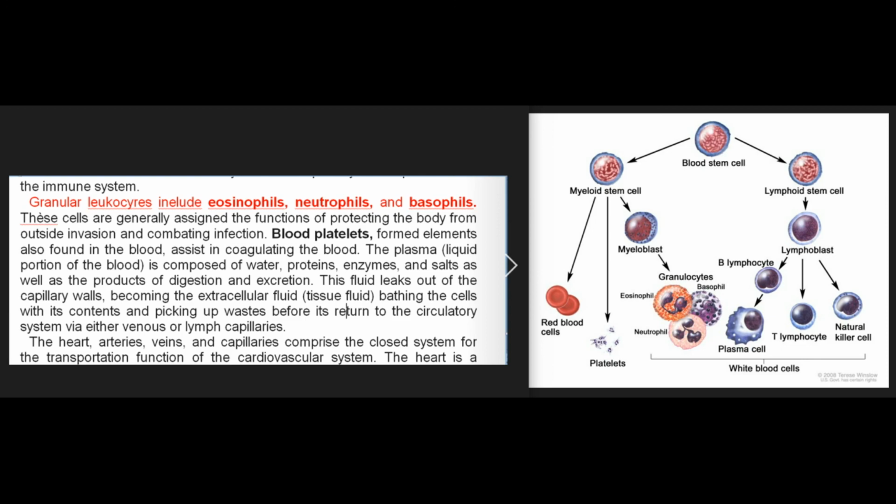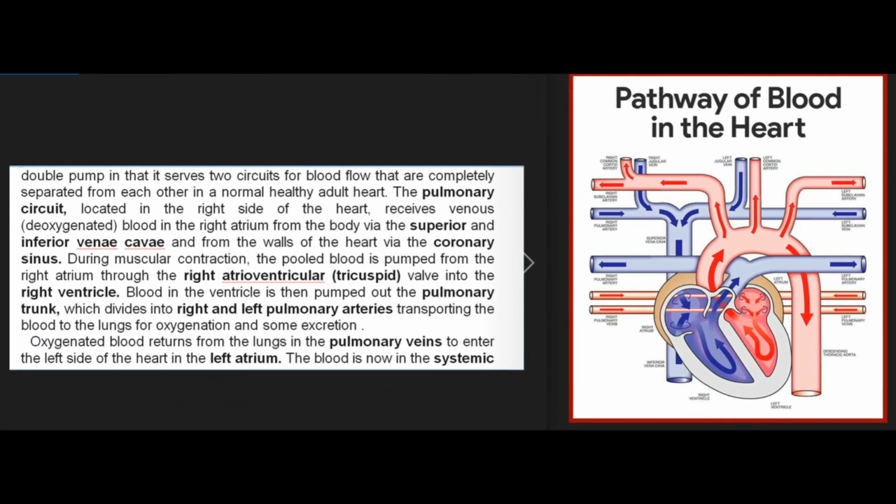The heart is a double pump in that it serves two circuits for blood flow that are completely separated from each other in a normal healthy adult heart. The pulmonary circuit, located in the right side of the heart, receives venous, deoxygenated, blood in the right atrium from the body via the superior and inferior vena cava and from the walls of the heart via the coronary sinus. During muscular contraction, the pooled blood is pumped from the right atrium through the right atrioventricular, tricuspid, valve into the